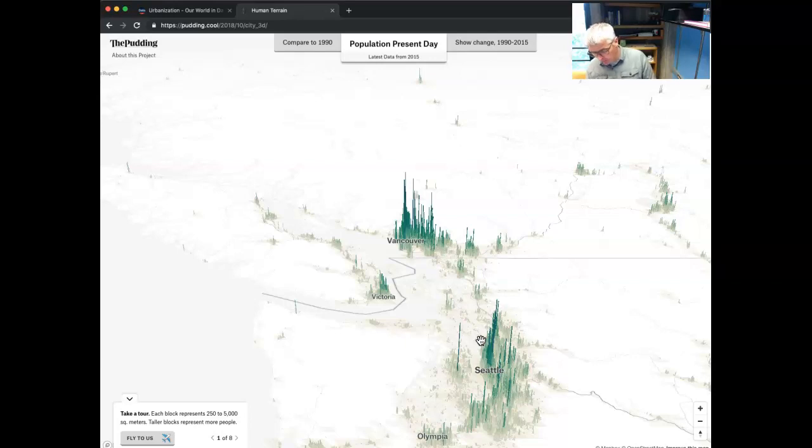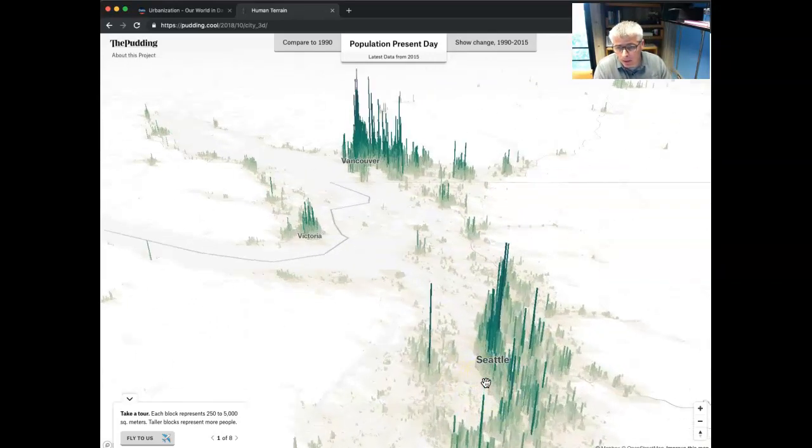So each height is around a density. Meaning you could have an area that's kind of low population density, but over a large area, and you can have a large population. Or you can look at these peaks here in Vancouver that are very tall and very dark, represents a high density of people. So we can kind of zoom in